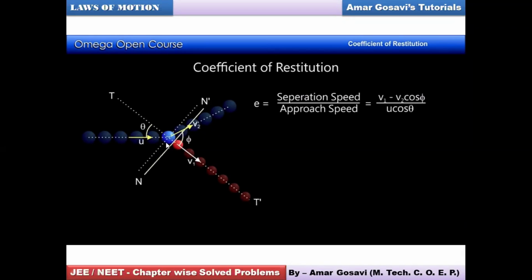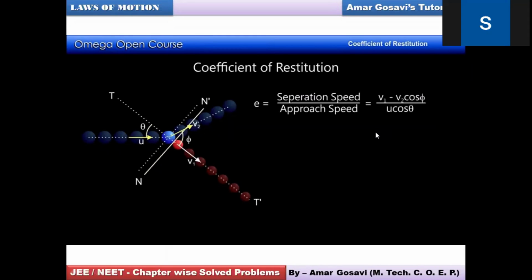So this was a tricky situation, Samruddhi. At times you may get a problem on this situation, but the formula is going to remain the same. How you interpret it is more important: which components, how you resolve, that is more important. This is the trickiest situation, but now you know the formula and how it is established. It won't get more tricky than this, I think. All right? Okay, sir. Thank you.